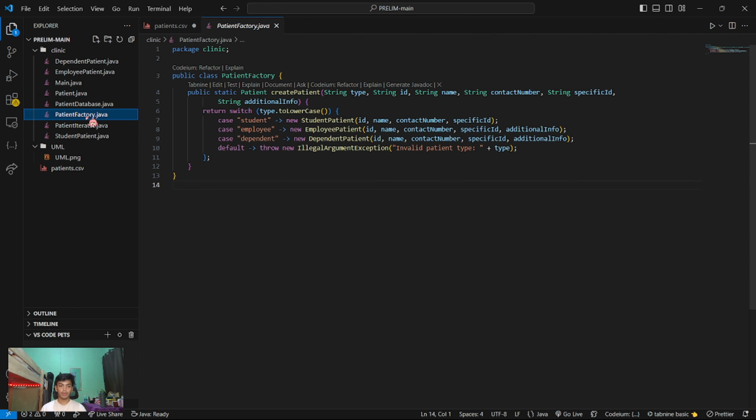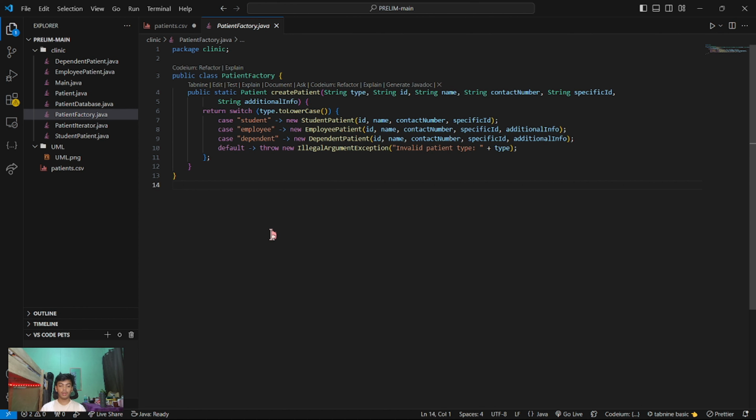So in the first one, the factory pattern, I have here a file, the patient factory. In this patient factory, Java creates different patient types. I use the factory pattern for this method, create patient, to create different patient types.